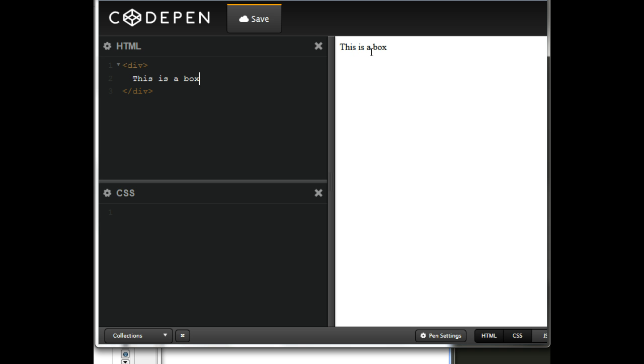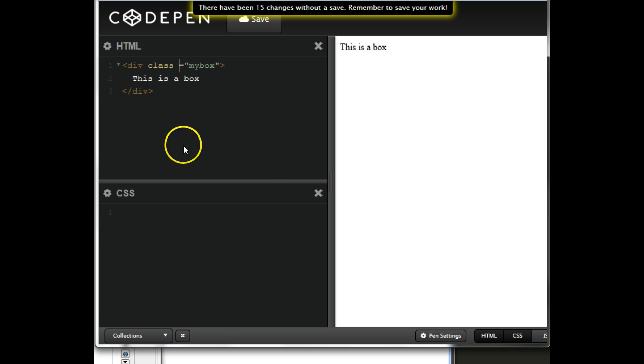Now I can go ahead and do some styling on that. And so I'm going to come down here. Oh, wait a second. I cannot style it yet because I have to do something to describe it, so I can go ahead down here and write some styles for it. So we have two choices. We can either do a class or we can do an ID. The difference between the two of them is that IDs have to be unique to the page. So if I say this is ID equals my box, then I cannot have another div down here called my box. But if I did use class instead,